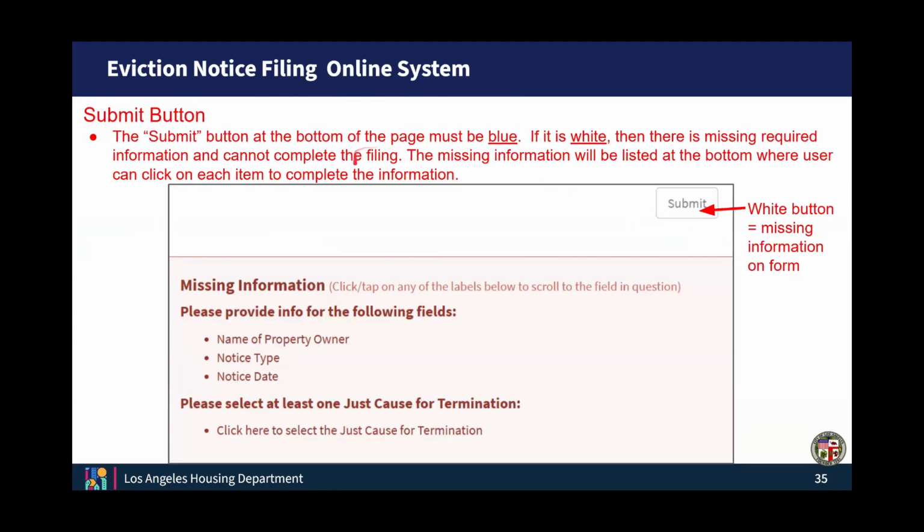Once the owner has completed the data entry, the system should provide a submit button. But if you see here on your screen, there is a submit button, but it's white. If the submit button is white, it's an indication that the form is missing information that's required. And so the owner at the bottom of the page will have a list here in red of what is